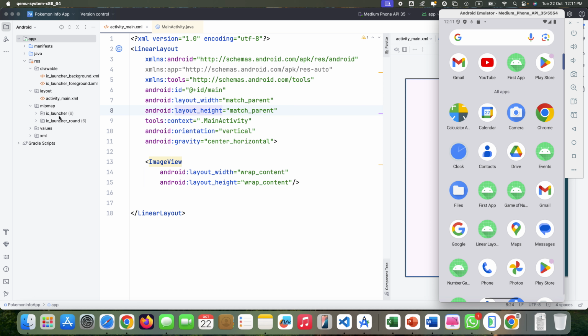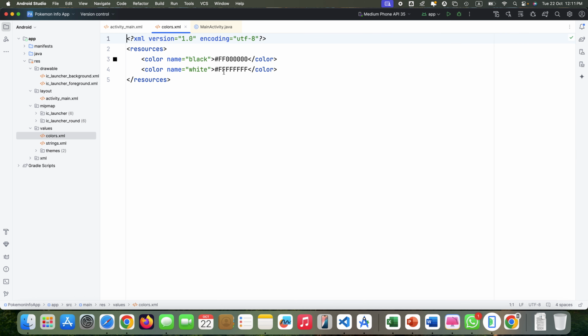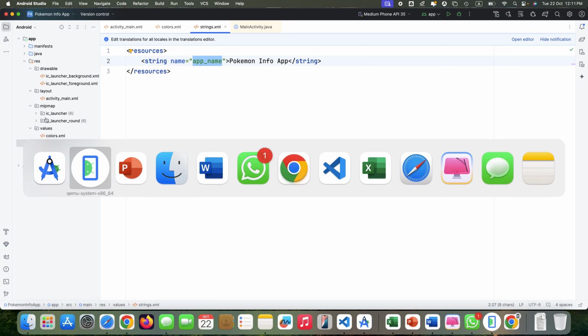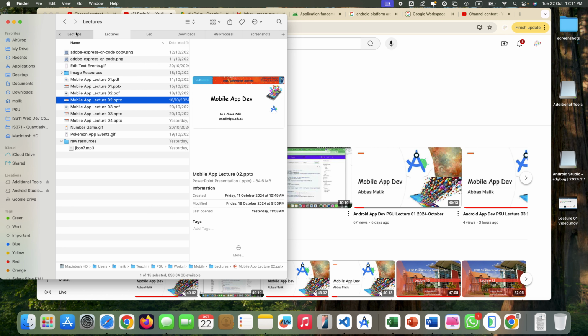So this is actually the launcher icon or the round icon that is being displayed inside the applications. Colors, we can define colors here. Two colors are defined, white and black. You can define more if you want to. We have strings. An application name string has been defined. So these are all resources. So first of all, we need to add some resources here. Okay, so I have these resources,